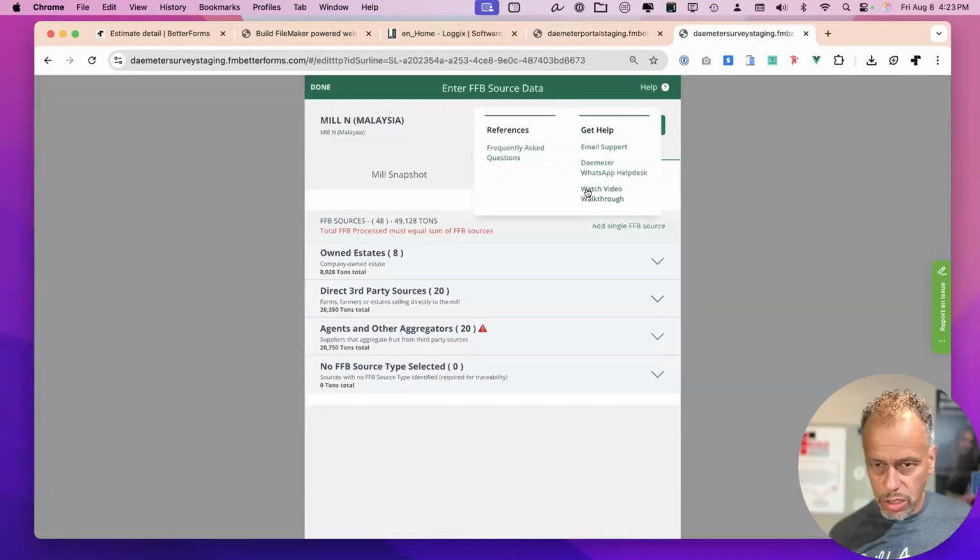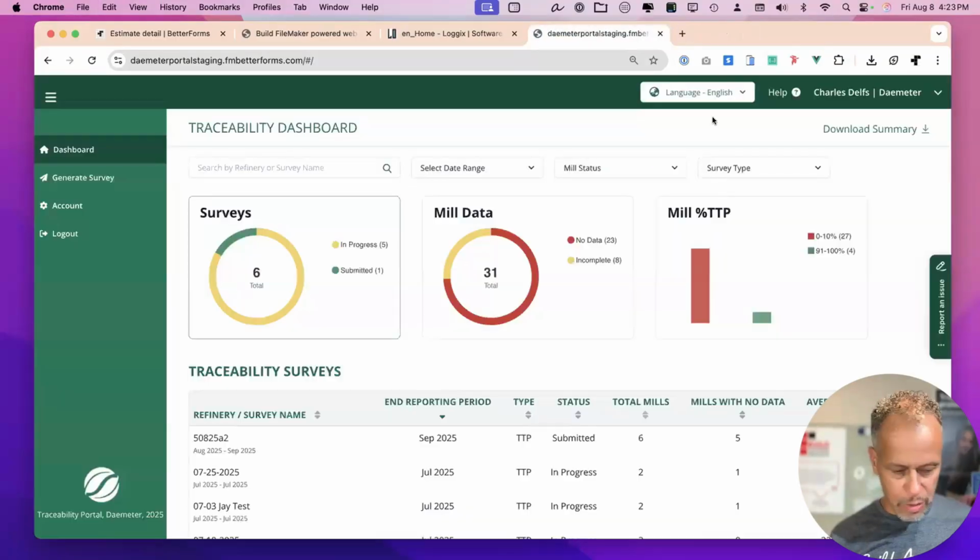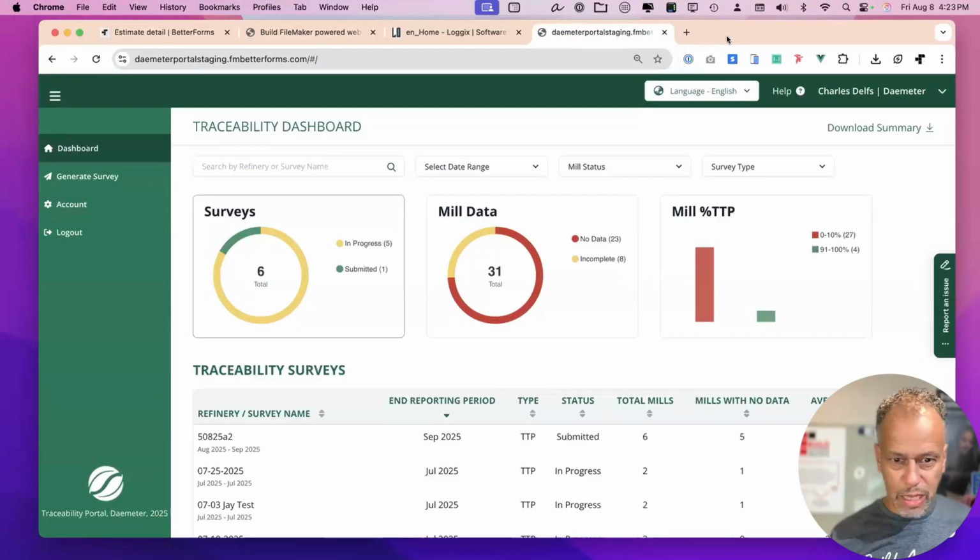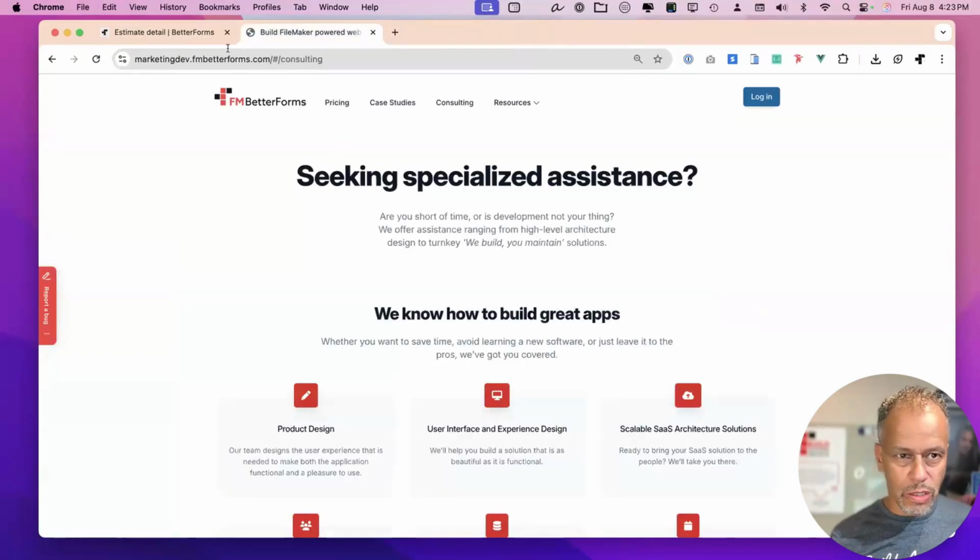So I'm gonna close this. There's a little help in here. I haven't used that app in like years, but it came up in conversation the other day. I'm gonna close this, and what I'm gonna do is